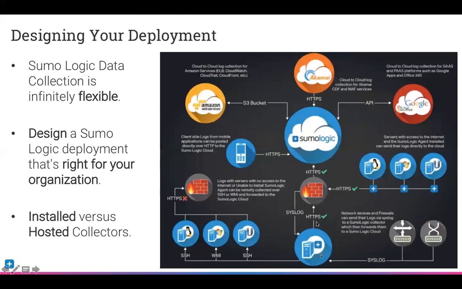Or what we see at other organizations is they might have what we call a centralized infrastructure, where they install a collector in one particular place and then send that data over to that collector and then on to Sumo Logic. And we'll talk about the properties of each one of those, the pros and the cons. All right. And similarly, if you have network devices, firewalls, or routers and you want to send that data over to Sumo, you can use syslog to do that as well. Okay, so